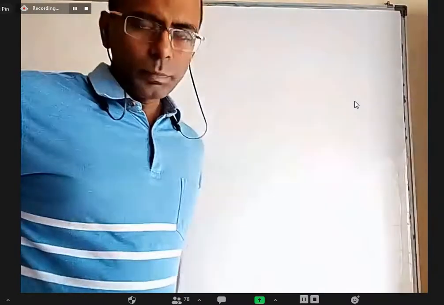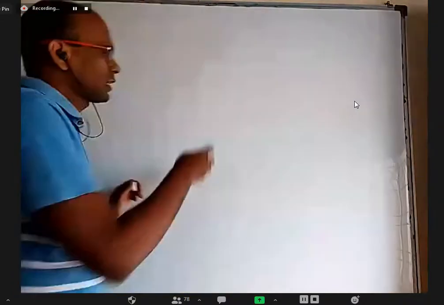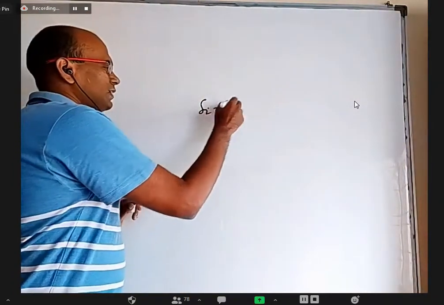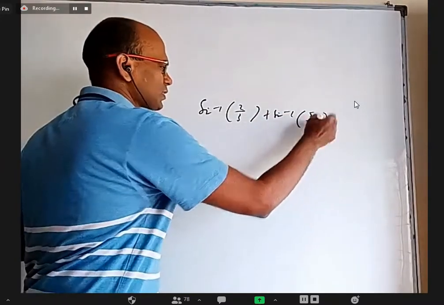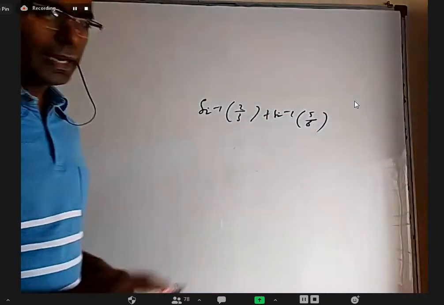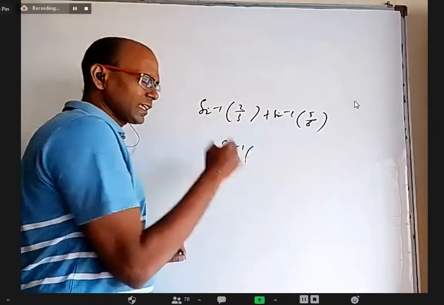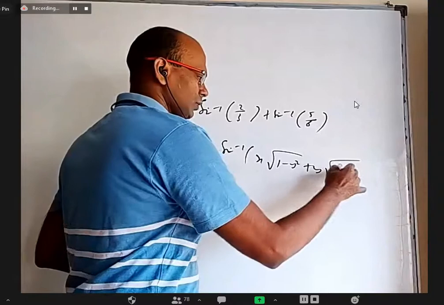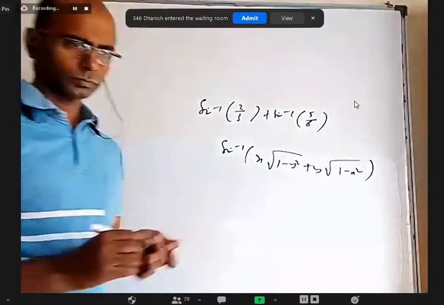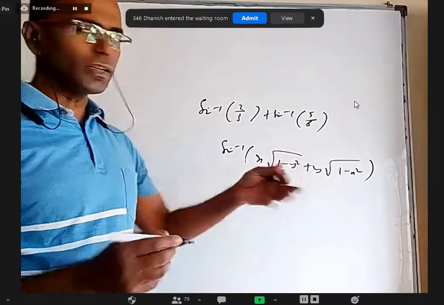Yeah. Thank you. When you look at examples in the textbook, especially questions like sine inverse 2 by 3 plus sine inverse 5 by 6, let's say they wanted to find this. We can directly use the formula: sine inverse x plus sine inverse y is sine inverse of x root 1 minus y square plus y root 1 minus x square. You substitute x and y, and you'll get the answer.